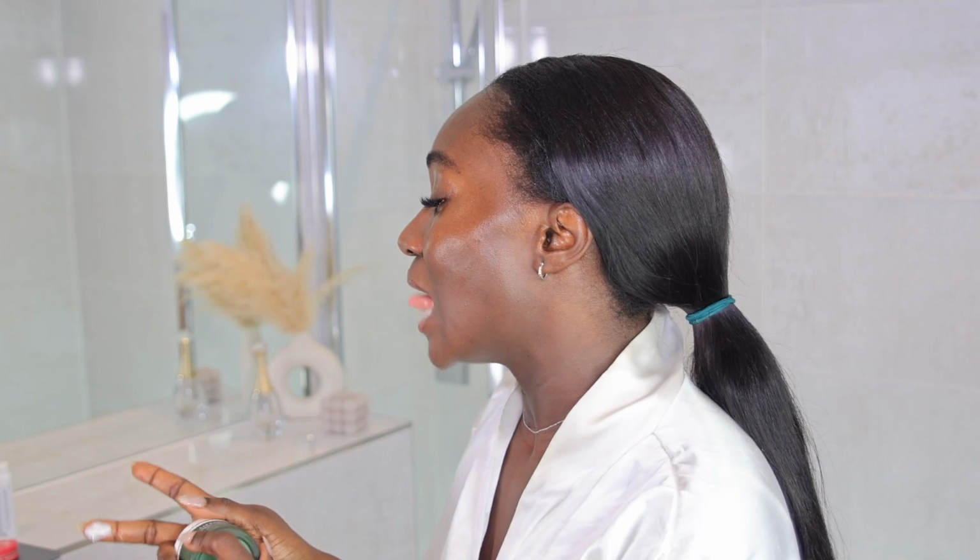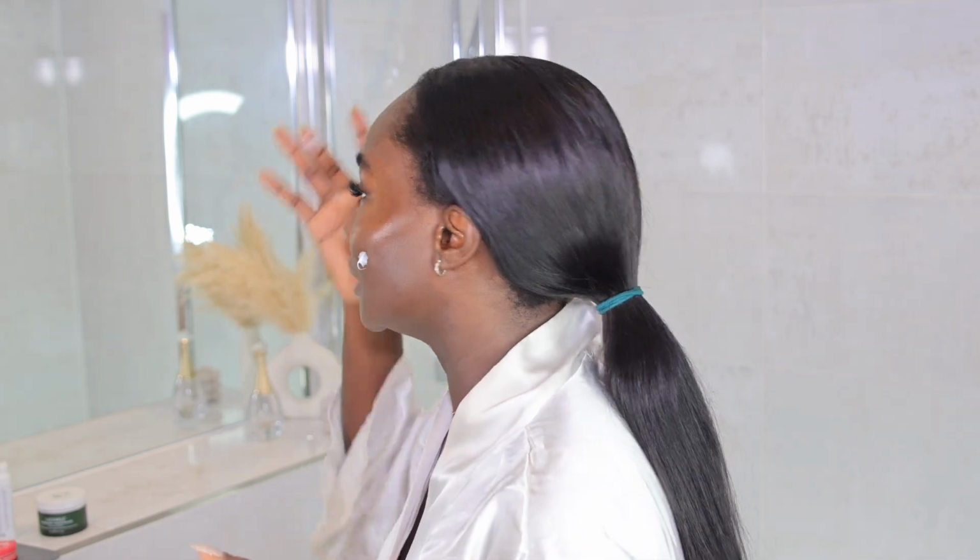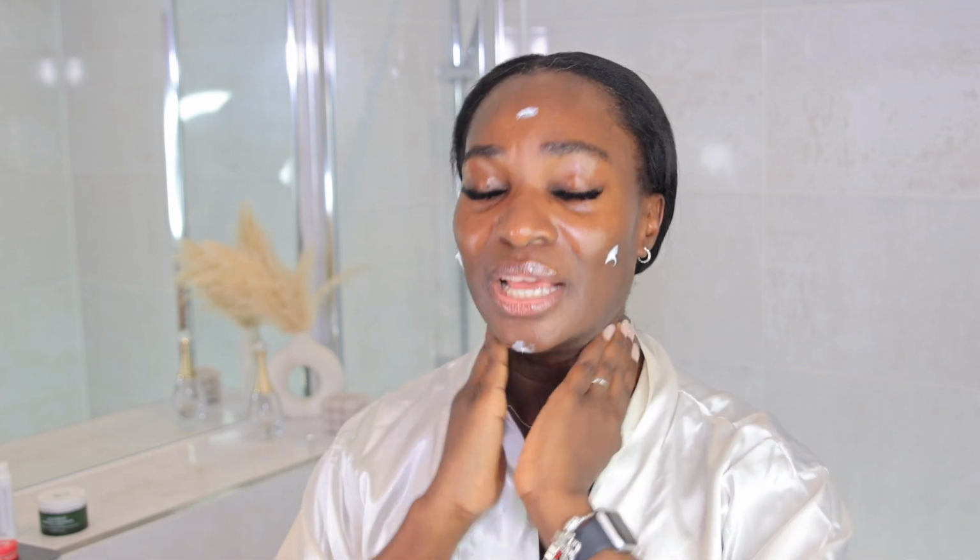This one is very rich, and I only use it at night time because it's super rich, and I love to use it alongside this tretinoin, just because, like I said, your tretinoin can be very dry, and so this one is very rich. So when you're using your retinols and all that, you want to pair it with a very hydrating moisturizer,